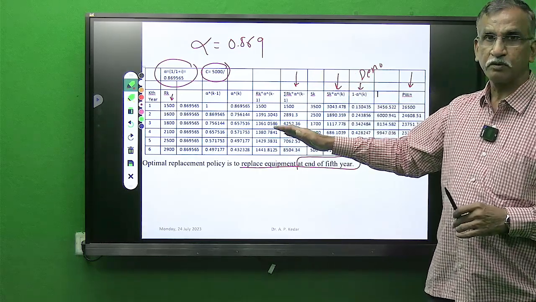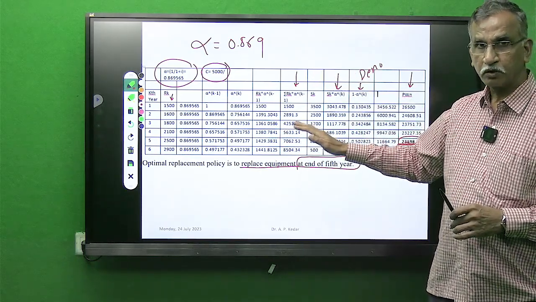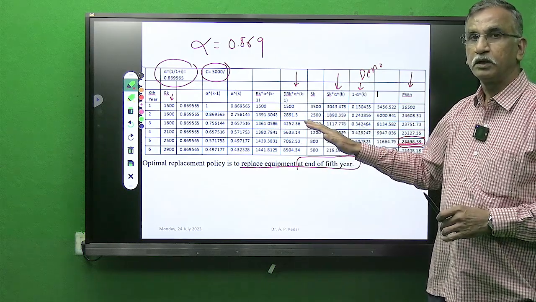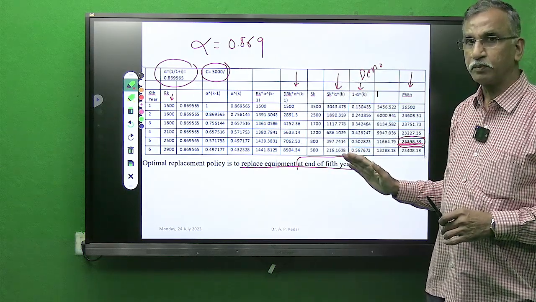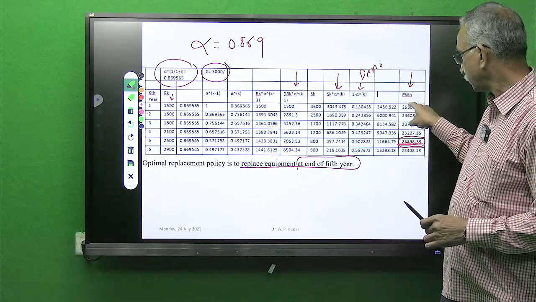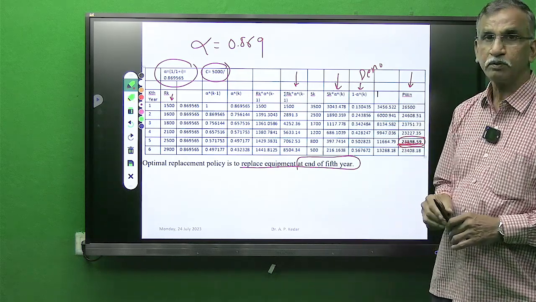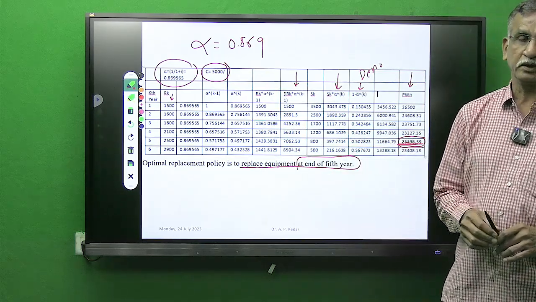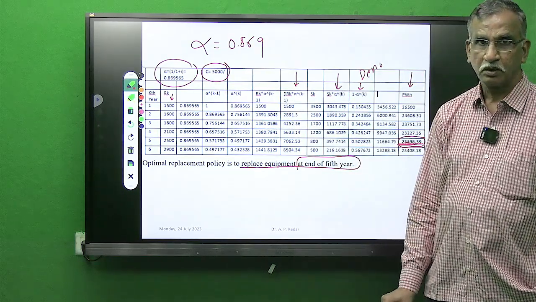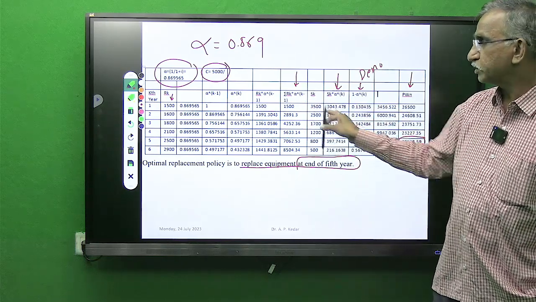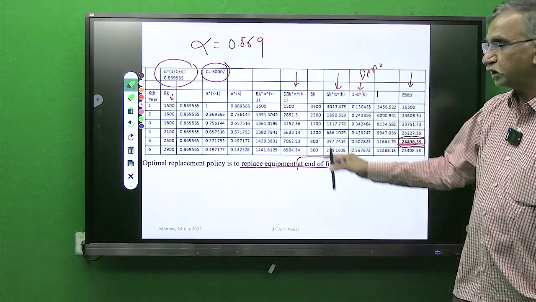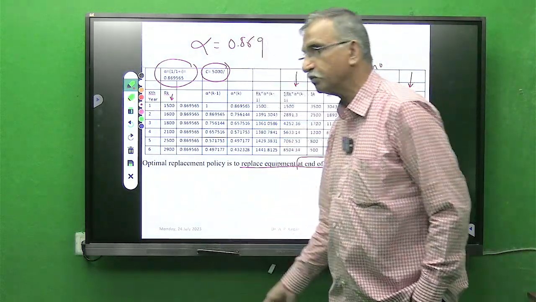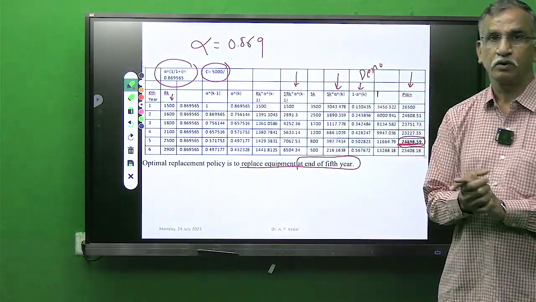This is the problem wherein we have considered a rate of interest, and in the other prior case we considered no change in the time value of money. So this particular trend shows a minimum value at the end of 5 years, and therefore our answer is to replace the equipment at the end of 5 years. So you can practice this sum. You have a snapshot of this particular calculation. See, you are getting the same value, and try the same problems with a variety of answers.